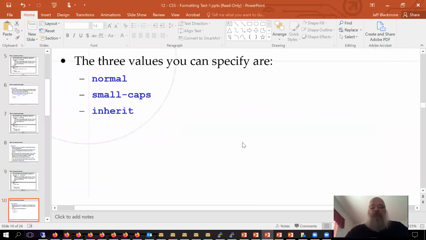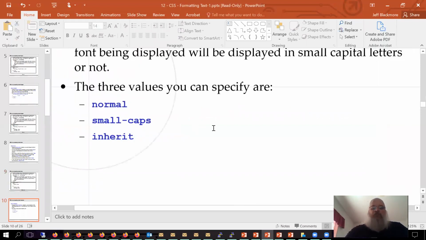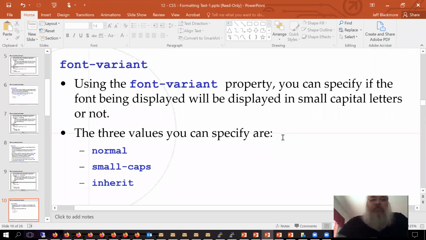The next thing we're going to talk about is our font variant. Now, font variant is basically a way that we can play around with the font without having to go in and change something. And what we're going to use with font variant is small caps. Remember, if you get confused on these, all you've got to do is go to the W3 Schools or go to Google and type in W3 Schools font variant CSS. And it will take you straight to the W3 Schools discussion page about that particular CSS rule,